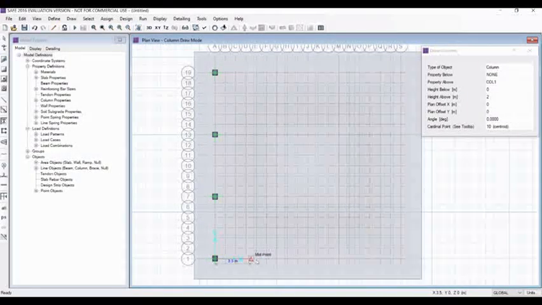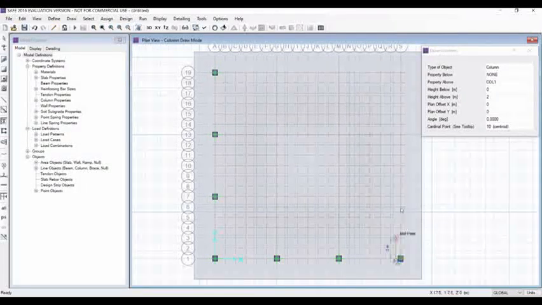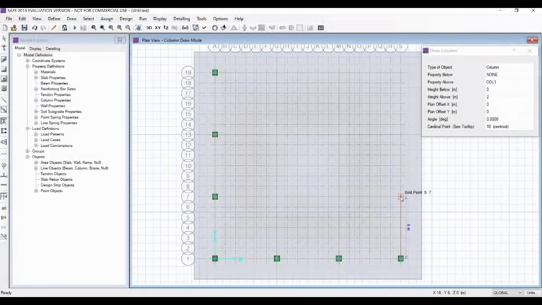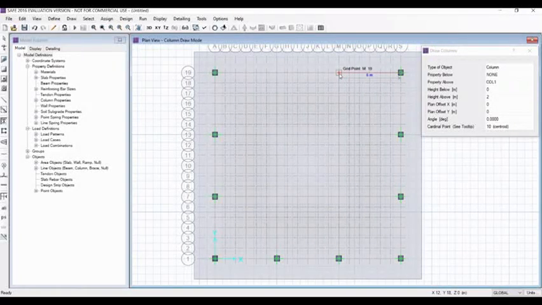In this direction as well, after 6 meter. In this direction as well, after 6. Here after 6. Just check your distances, and that's all.